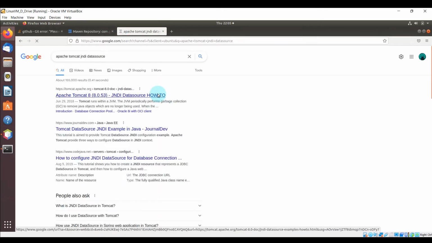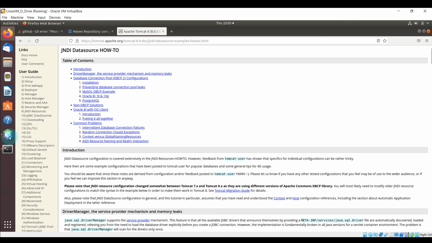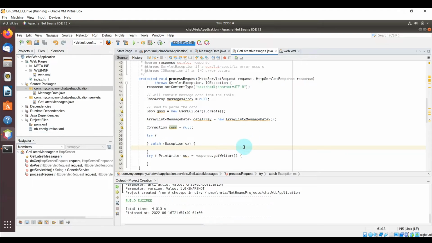So if you look here in the documentation, essentially you can create code to connect directly to a database endpoint, right? You can invoke a new connection, DriverManager.getConnection, specify the URL endpoint, and create a connection that way. But the way I'm going to be doing it here is creating a JNDI